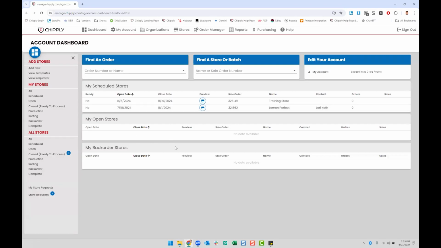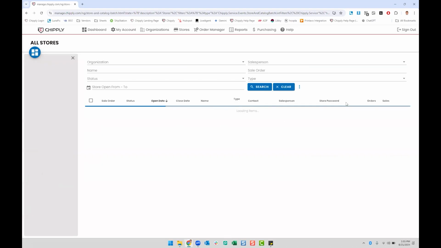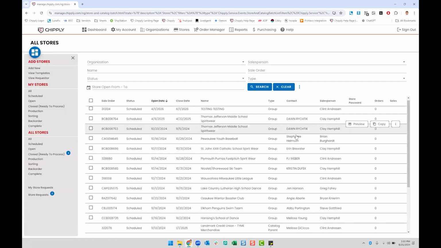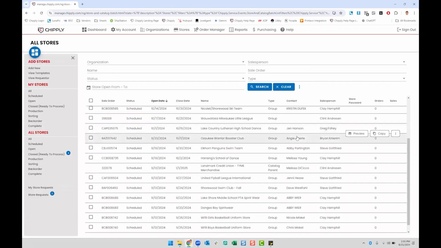Another useful tool right away from the dashboard is this, all under all stores. From here, this is where you can see every store that's ever been built inside of your company's Shipley account. What's great about this is everyone has access to everyone's stores. So if one salesperson has built a really great store and you need to build a similar store, you could find that store. So for example,